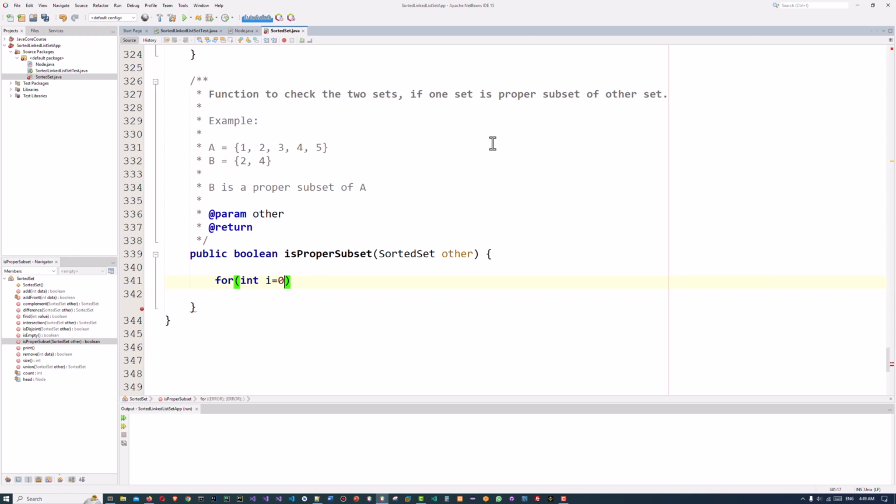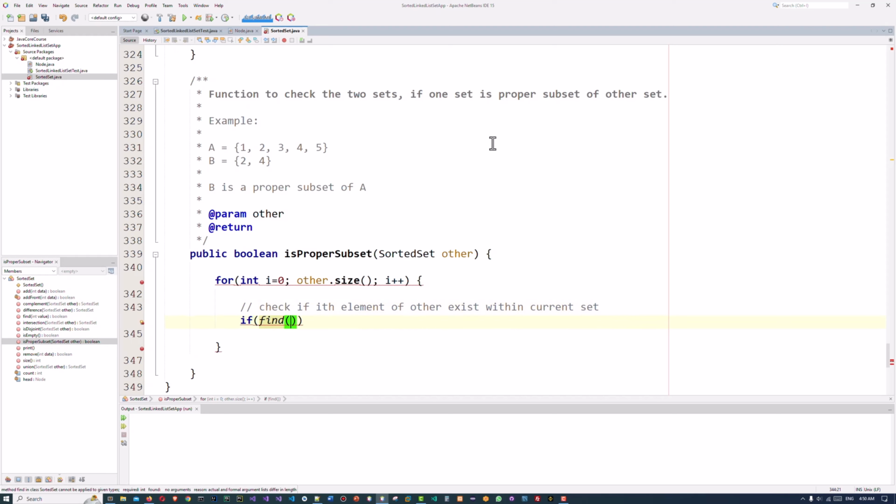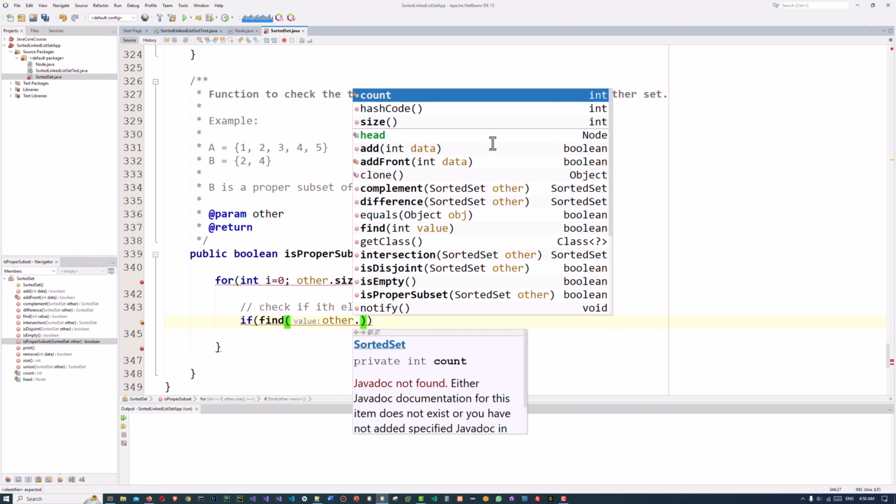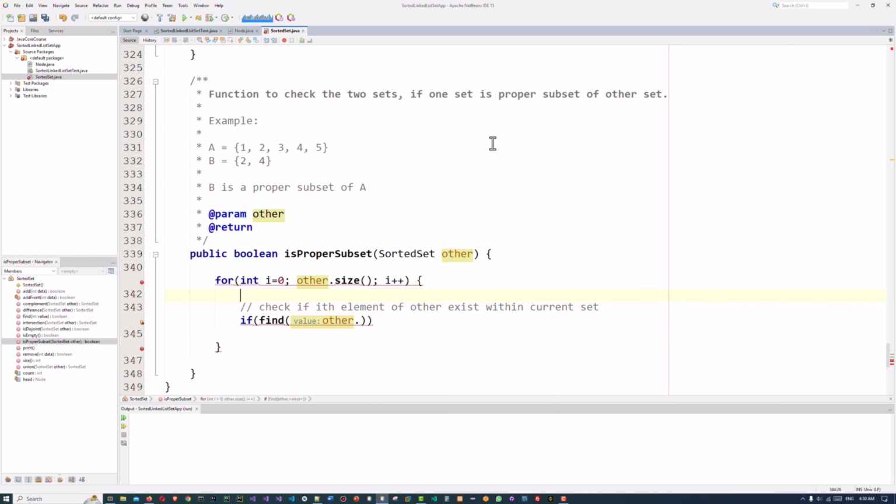For int i = 0, i is less than other.size, i plus plus, and we check if the ith element of other exists within the current set. So if find other.data, sorry, we have a linked list, sorry,